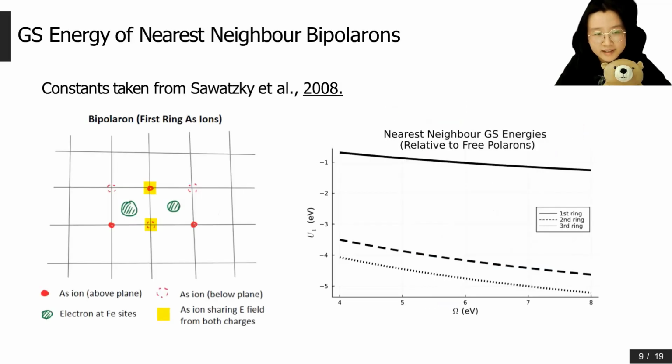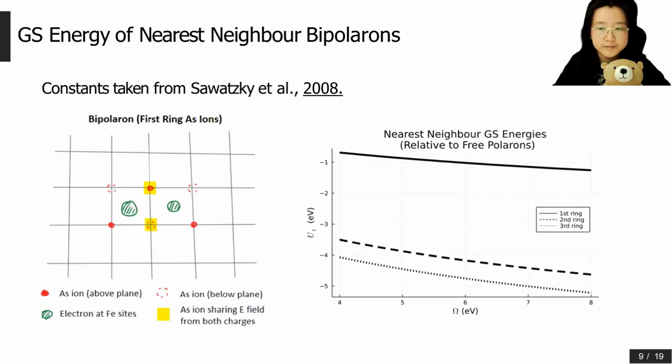In the next few slides, I am going to produce some plots comparing the bipolaron energies for different rings of arsenic ions relative to the energy of two free polarons. First, we're going to look at the case where the electron only polarizes the first ring of arsenic around them. And here we have the 2D picture of the interaction, and the two shaded arsenic ions are sharing electric field